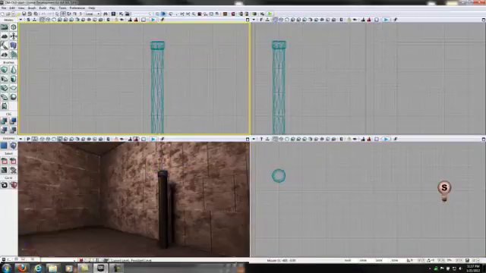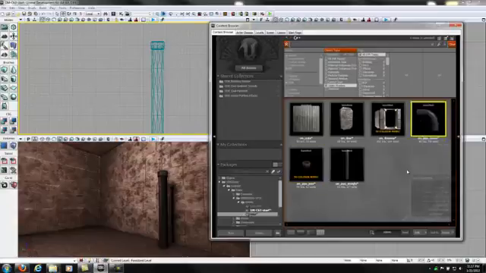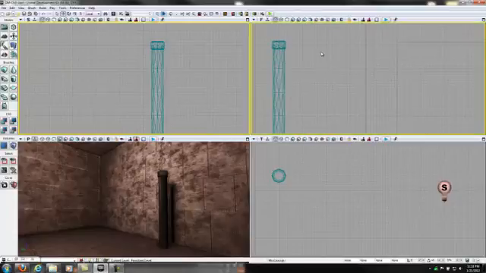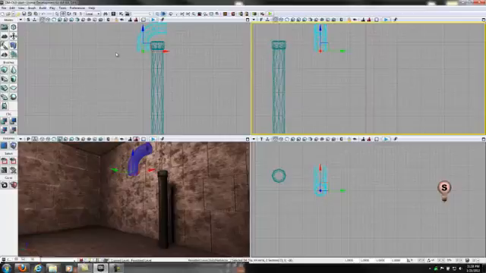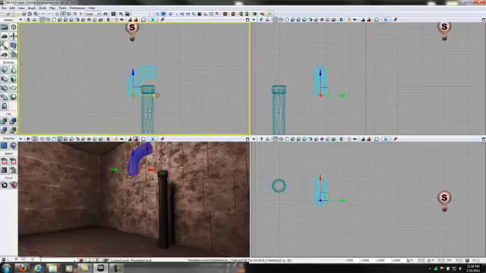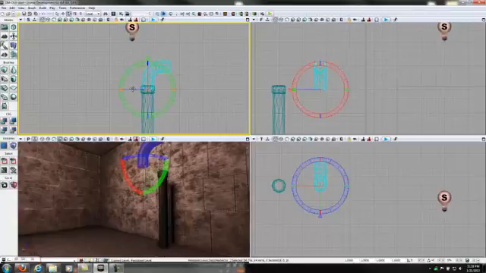Try to align it with your straight pipe and then open the content browser, click on the corner pipe and once more right click and add the pipe, and now I will align it and then rotate it by clicking on the rotate mode, and then I will rotate this so that it would be